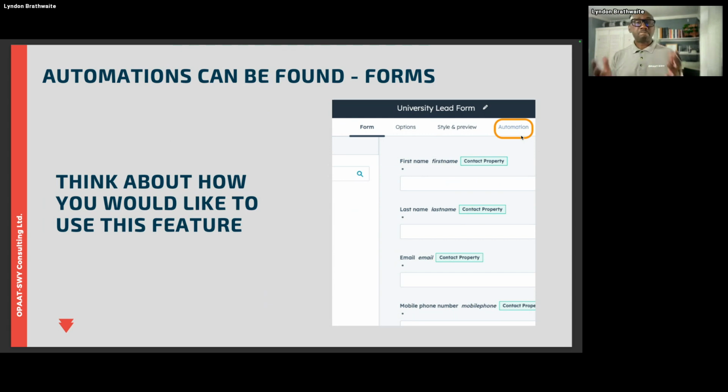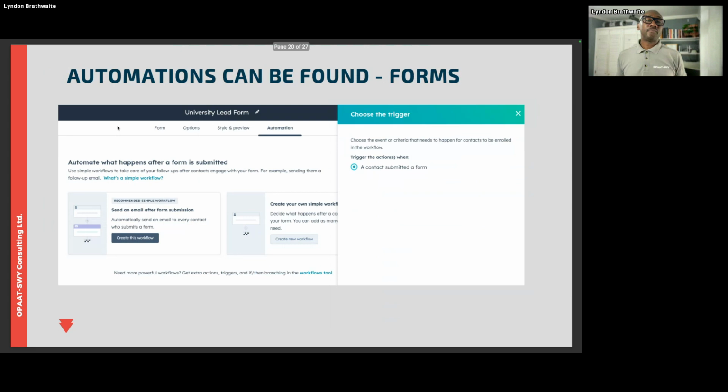But at the end of the day, it's here, right? So if we're looking at bringing in new forms for, quote unquote, the university, thinking as to how you want to be able to use this particular feature to help you manage your leads. So what comes next, right? Then when you get to this particular stage inside of here, what you will see that HubSpot is going to offer you is the ability to create some level of automation. What is going to be your trigger? Whether you use the simple automation on the right hand side, or sorry, the left hand side, based upon what you choose.